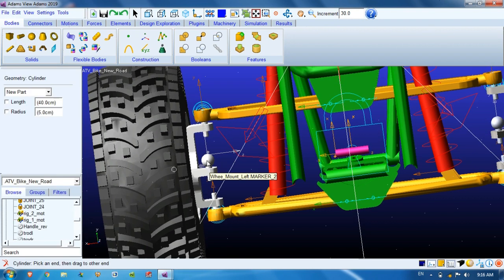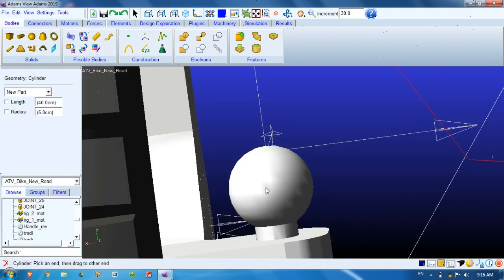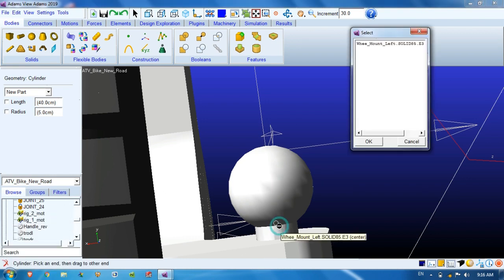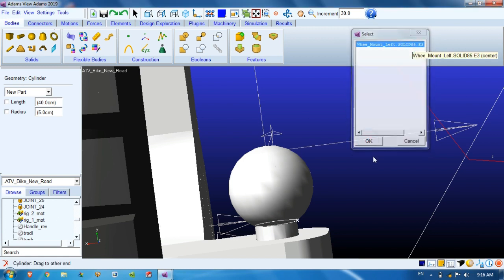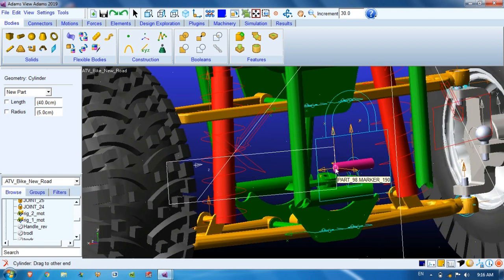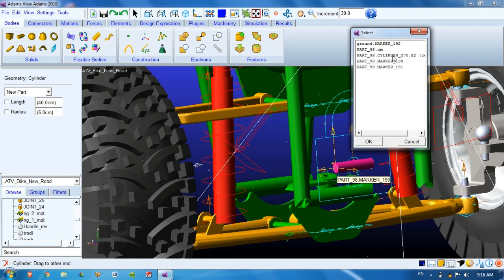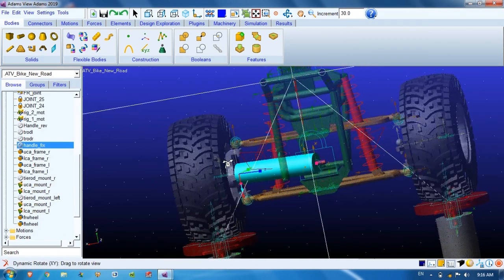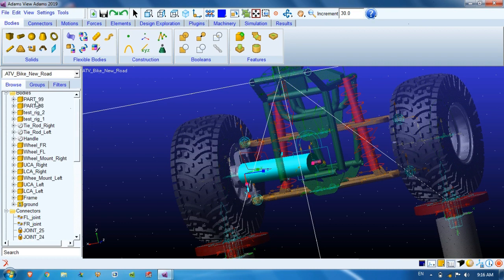We'll start from here, wheel mount marker, from this cylinder center up to this part location. Okay, so we'll reduce the radius, and we'll change the name to tie rod 1.